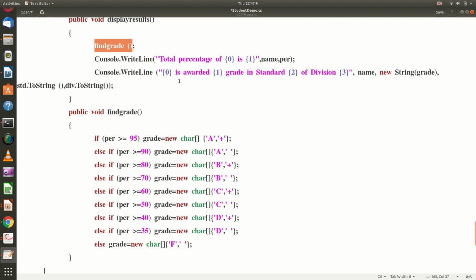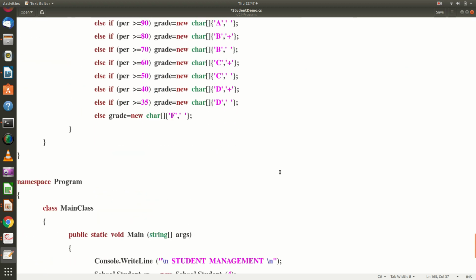Then it will say Ram is awarded first grade or second grade, or Ram is awarded A plus grade in standard 2 of division A. Like that it will be displaying the result, right?